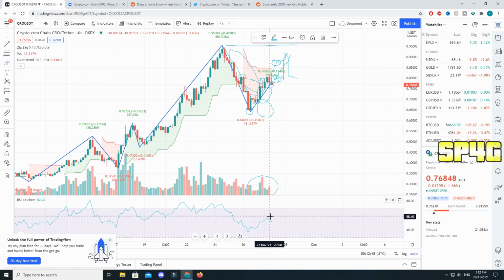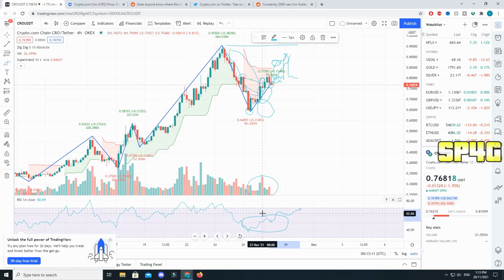Also on the RSI line, you can see we are very close to the middle line, suggesting that we're not in an overbought period, as we can keep climbing very quickly if it's actually being done by the whole cryptocurrency market, including Bitcoin, Ethereum, and Cardano. Also, if you guys have not been paying attention, we're getting closer and closer to the market cap of Shiba Inu, and if we break into that, we will be the 12th largest cryptocurrency by market cap, and that will have a huge spotlight on CRO, and we want as much spotlight at the moment so more people decide to